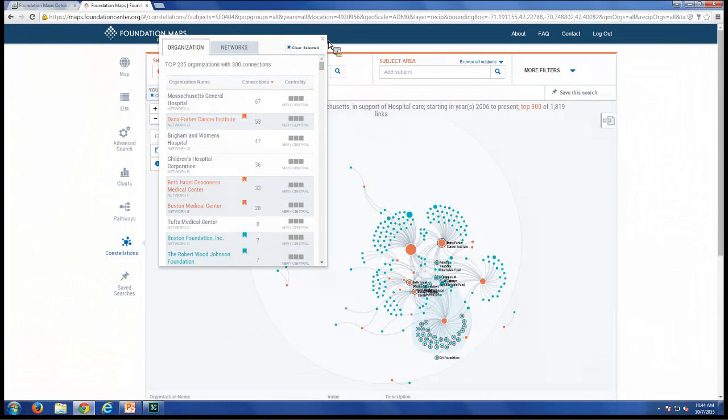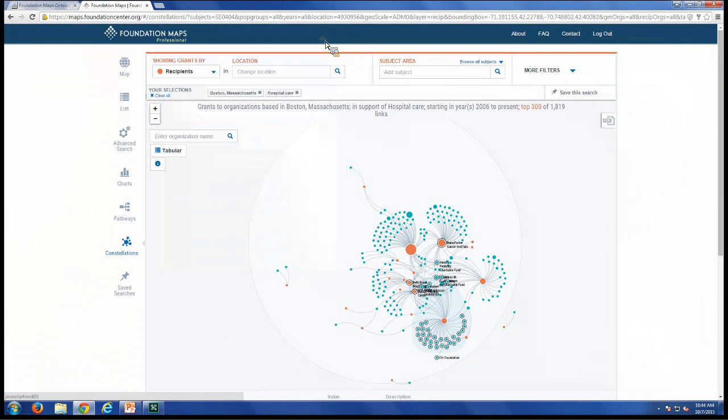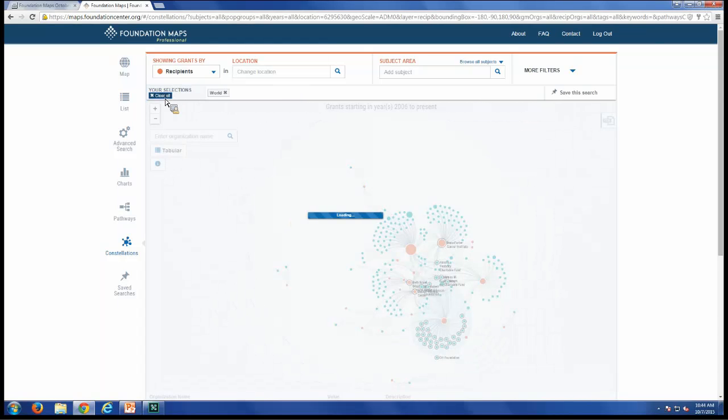So I'm going to close out of this. And as I was saying, in this example, we were focused on somebody who's new in town and using constellations that way. Another strategic way to use maps, I'm going to clear this right now, is if you're not new in town but already have some colleagues or a lunch group or an informal networking group